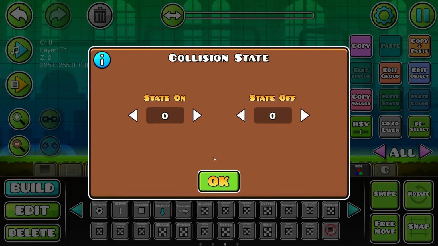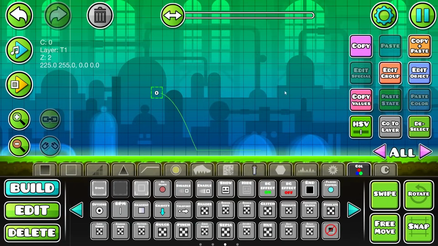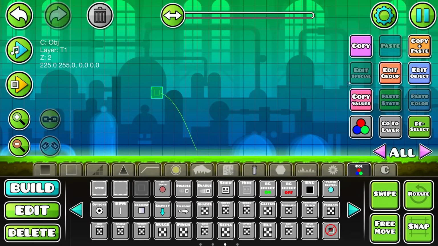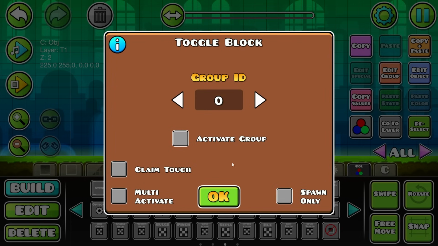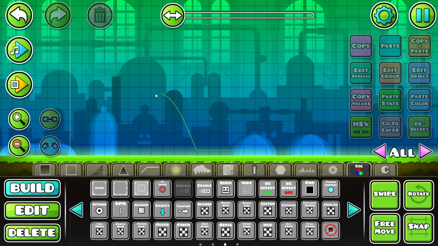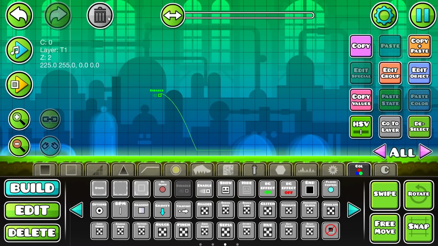You can also activate certain groups once the player is inside it and once he has left. And this collision object is used as a block ID for the collision triggers. And this object allows you to activate certain groups once the player clicks within it. And the on death trigger allows you to activate certain group IDs once the player dies. The disable trail trigger allows you to disable the trail of the player, and you can also enable it with